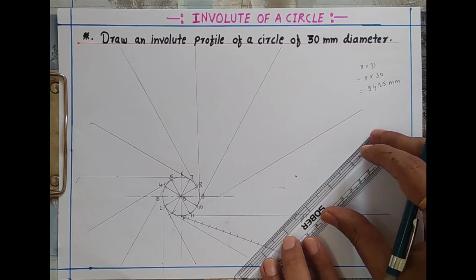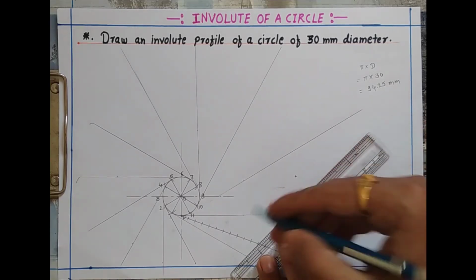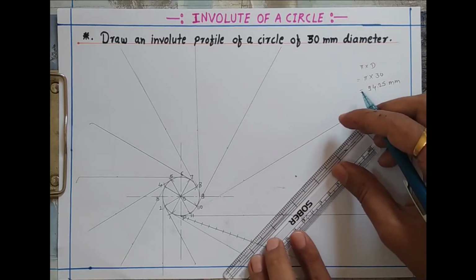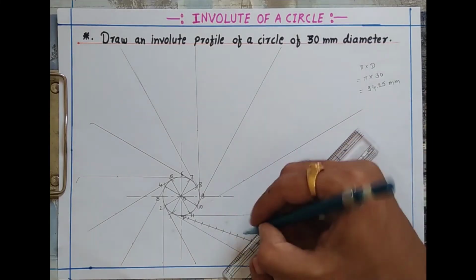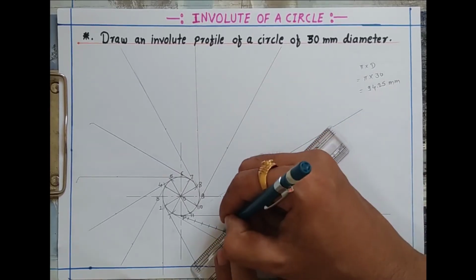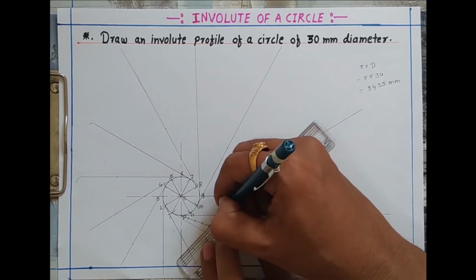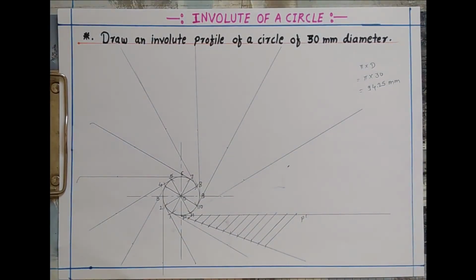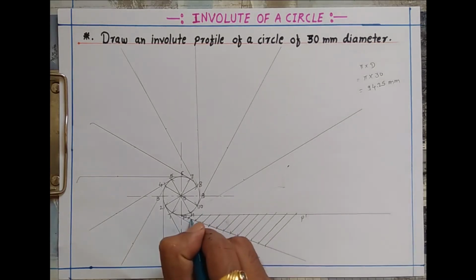Yeah, with the help of scale, it is also possible. So just by drawing those parallel lines, you are simply going to divide the distance p dash into 12 equal parts. So do remember this method. It is actually used to divide a line into a number of equal parts. Fine. So here we have obtained the line p dash divided into 12 equal parts.